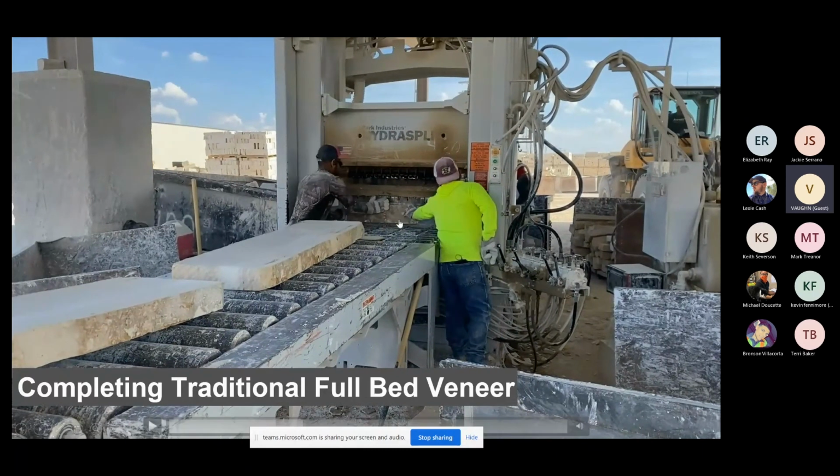One thing I want to bring your attention to is to notice the teeth on this guillotine chopper. They're on the top and they're also on the bottom. But when they go through this rock, they only move about 2 inches. They do not go all the way through. So that's why you're going to see, when you see full bed depth